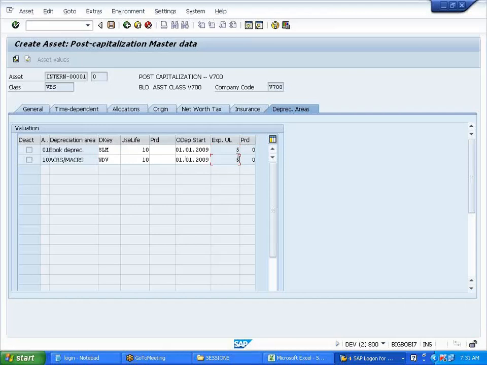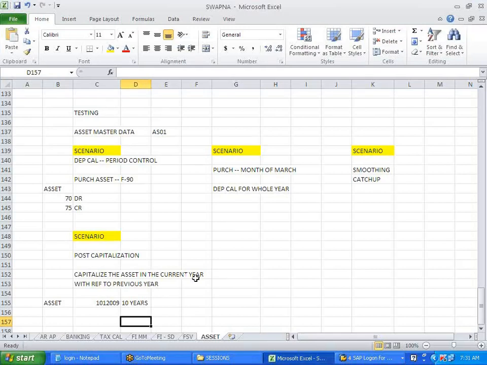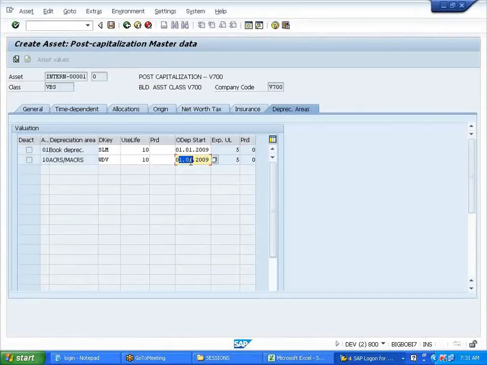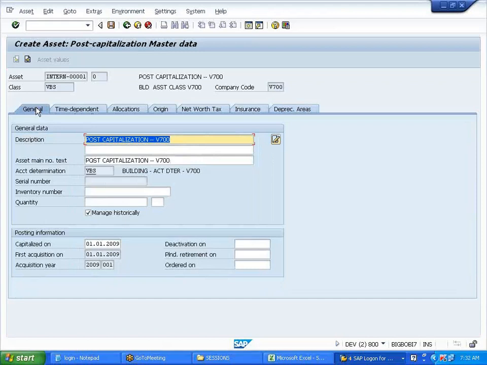This life of the asset is gone, right? 5 years gone. So that's what I said: capitalize the asset in the current year with reference to previous year. Correct? Yes. Okay.